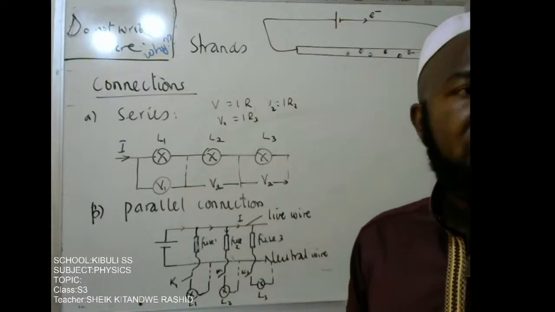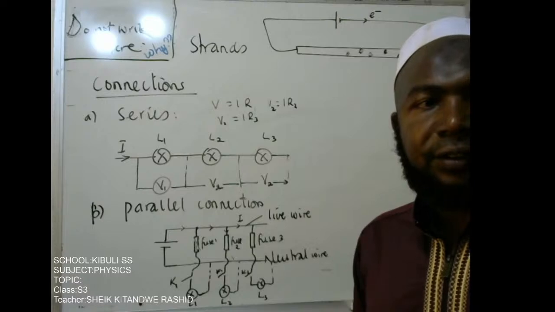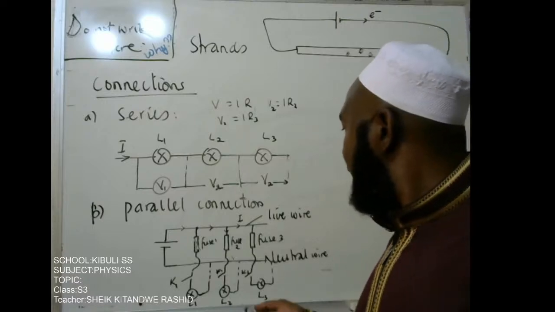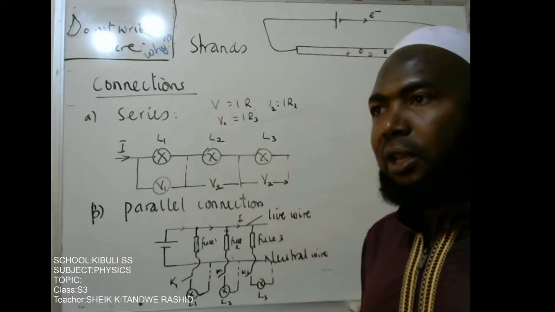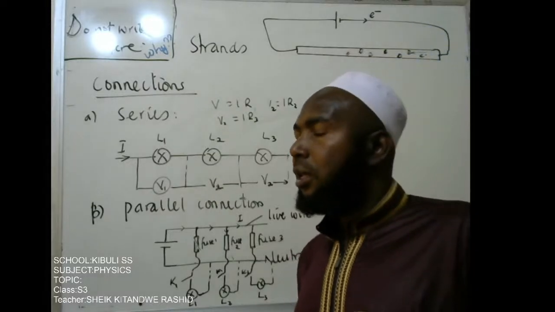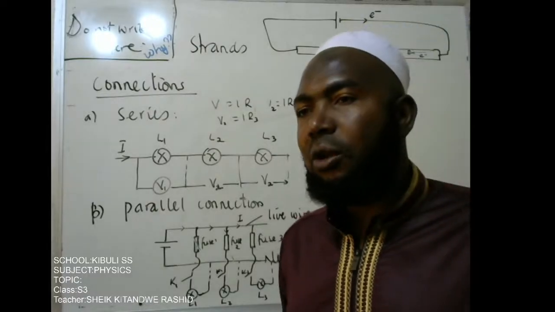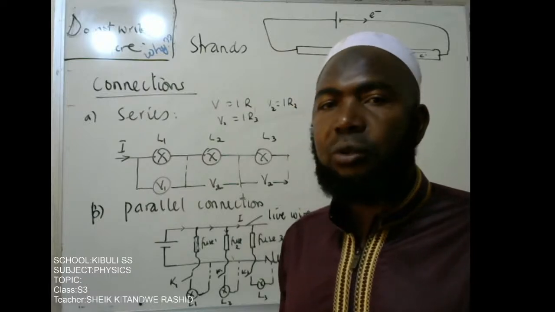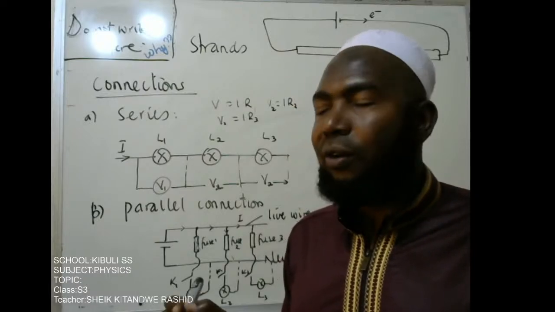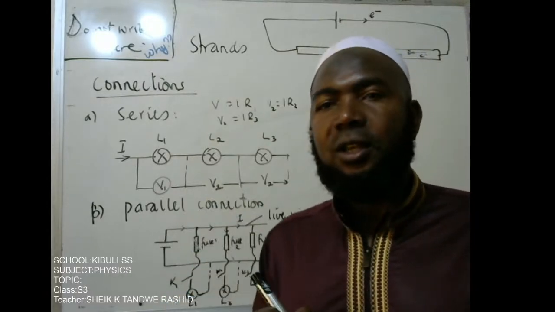2. Different currents can flow through each component. Now you can allow different currents to flow. For example, you may need the bulb in a bedroom to be producing low voltage. So you can adjust and ensure that you put there a low voltage, low current fuse that can be able